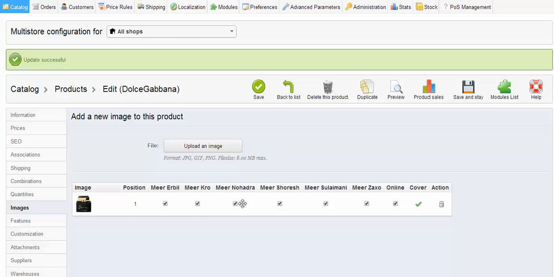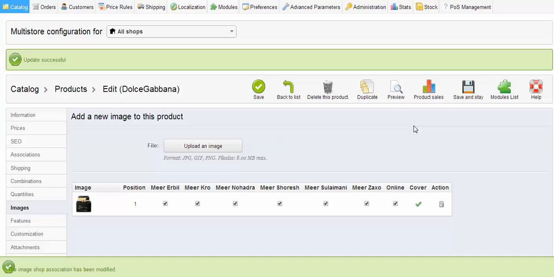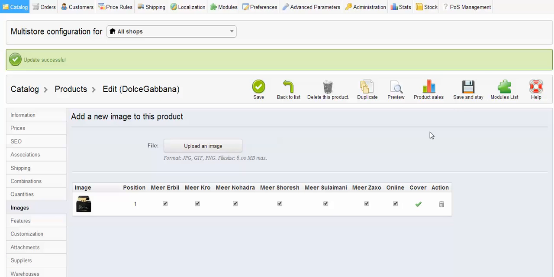If I don't want to show in this particular store, I'll just tick off or tick on it. In this case I'll leave it, and each change you make, the system automatically saves it. But still I'll say save and stay. So we're nearly there,